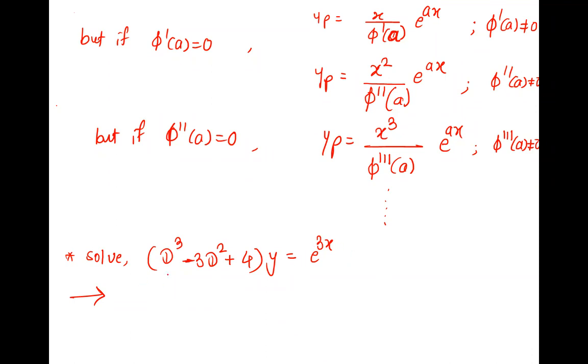But the question now changes. Phi dy is non-zero. Right? There is some function, which means it is of type 2. Phi dy is equal to f of x. So we can write it as it is first. This is of type phi dy is equal to f of x, type 2.